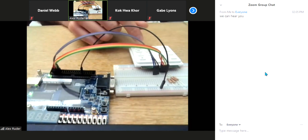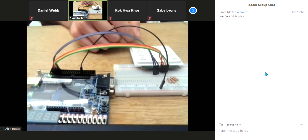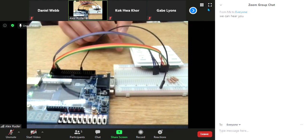And it doesn't actually consider the row pin high until it's actually been debounced. So that's part of the schematic where it's sending that all of the row